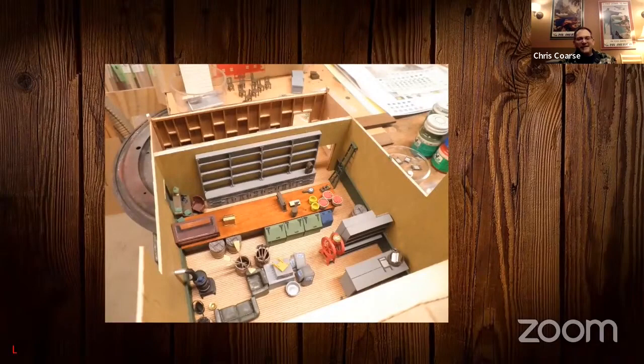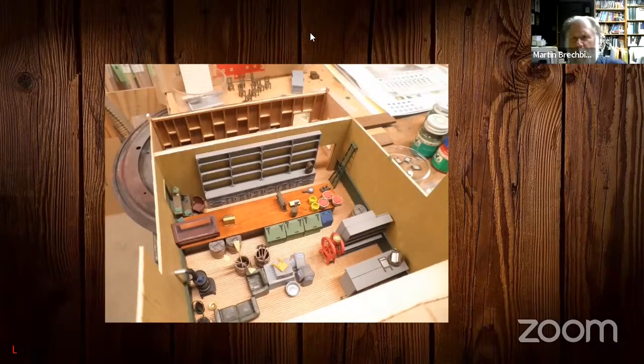Okay, so I think last month I showed the beginning of this. This is just this store building I've been working on that I started with a Frenchman Creek storefront. So I've started to lay out what's going to go on the inside. A lot of castings, a lot of kits, little pieces from Banta and other places, and Berkshire Valley. And that big unit on the wall I made because nobody makes something quite like that. And the countertop is some,